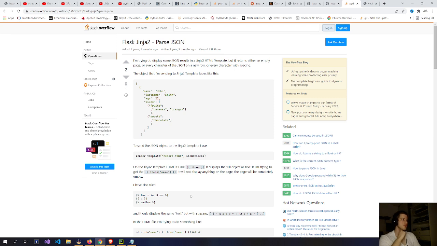Because I think I understand now that it creates the token version of whatever you pass into the template, and then parses that into the HTML file, and that becomes the final thing. But